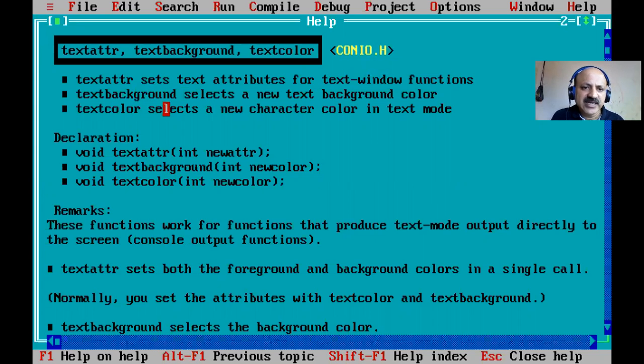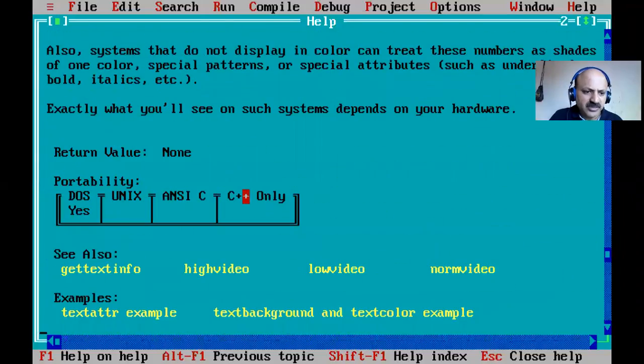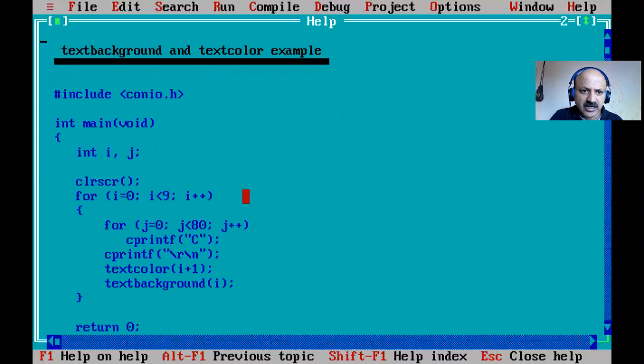So textcolor sets a new character color in text mode, and you can also pass an integer. Okay, so let us look at some example here also. Below that, in the help library, last is text background and color. So look, textcolor i plus 1 and then textbackground is i, so every time it changes, and then use cprintf.